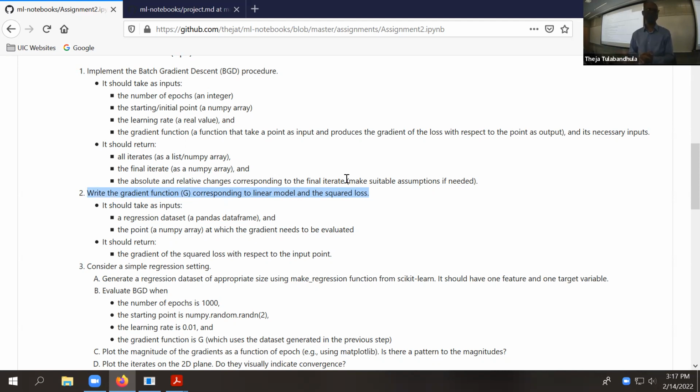And is the squared loss the OLS squared loss or the mean squared loss? So the difference is just normalization, right? Whether you use 1/2 or 1/n. You can use either one. The squared loss is just the sum of squares of the entries. You can always multiply that by 1/2 or by 1 over the number of observations. So that's up to you. But I would suggest trying to keep it consistent with the slides. But it's not an important thing for this.